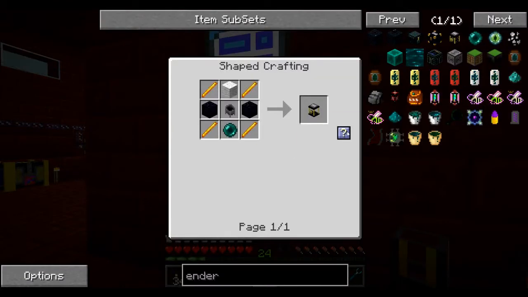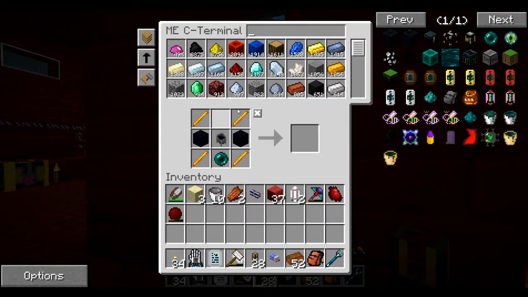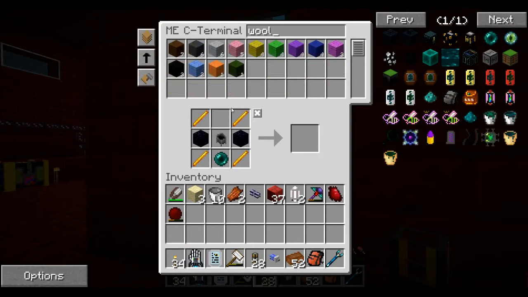I keep doing that. There we go. Right, so I'm going to show you a trick with ender tanks here. If you change the colour of the wall, it actually changes the ender tank itself. So I think yellow, yellow, yellow we're already using, and orange, orange, orange we're already using. So I'm just probably going to go...